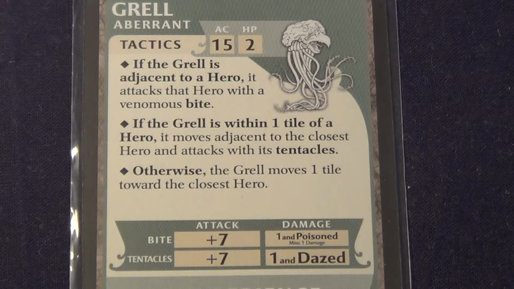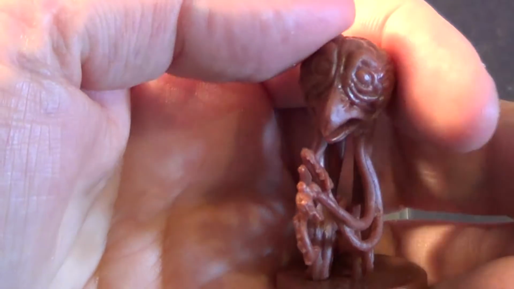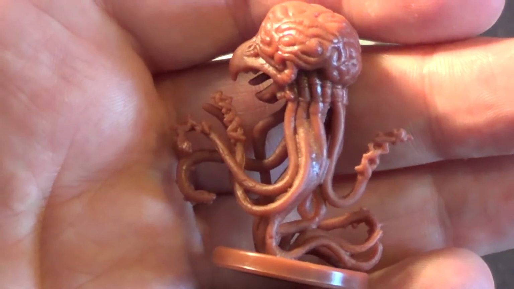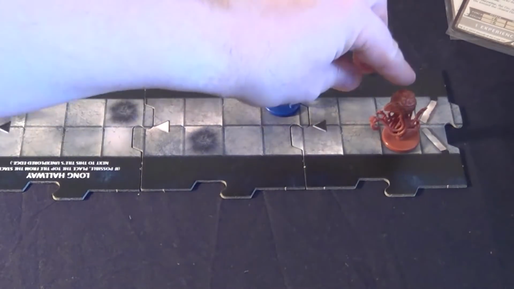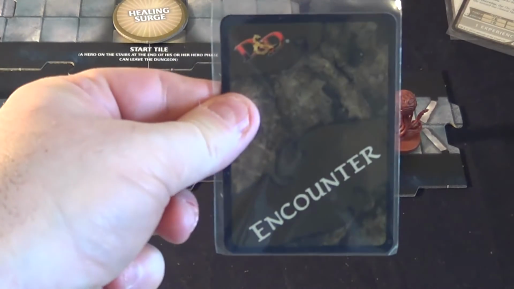This is what the grell actually looks like. Some weird brainy tentacle creature thing. There we go. So I'll put that on the board. This grell goes right here. We have a black triangle, so that does mean an encounter card. I'll grab that. And that encounter is